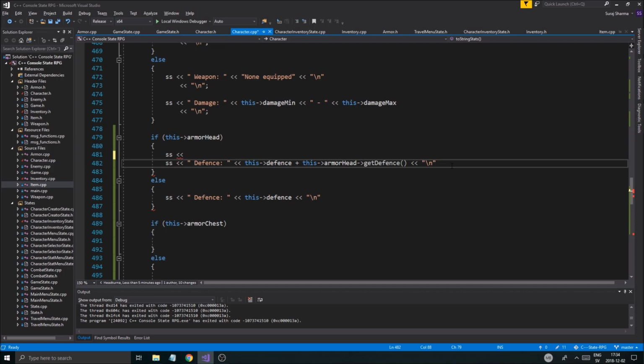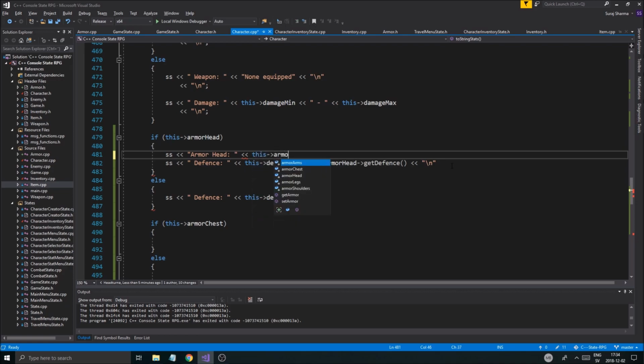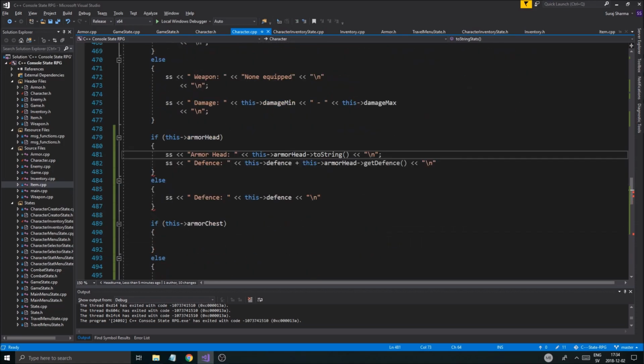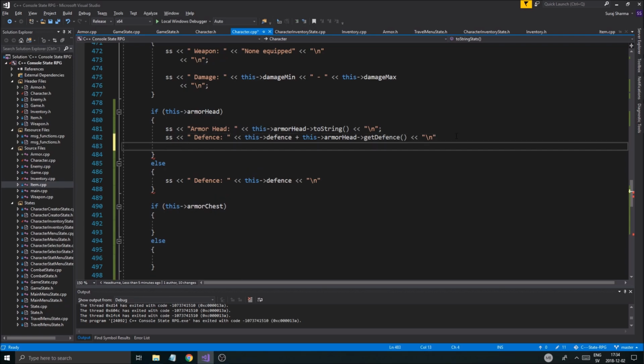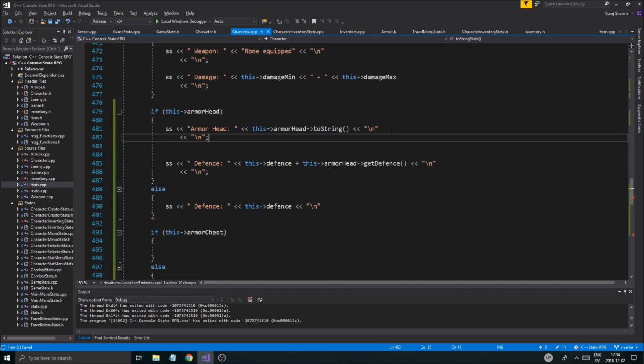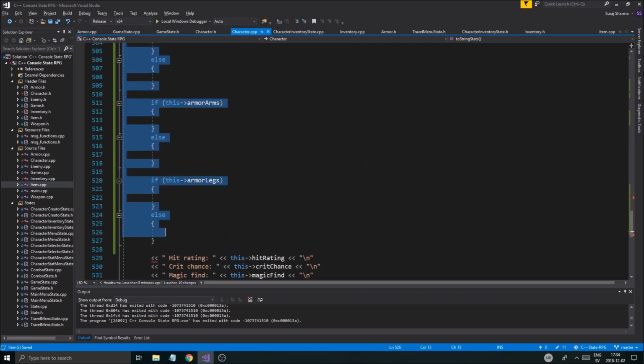New line, armor head, armor head, this armor head to string. Okay, and a new line. Hopefully that should be enough. Damage, new line. And a new line here as well. And another new line. So I'm just gonna copy paste all of these other ones, just Control X those, and